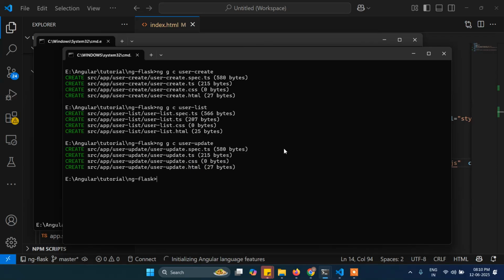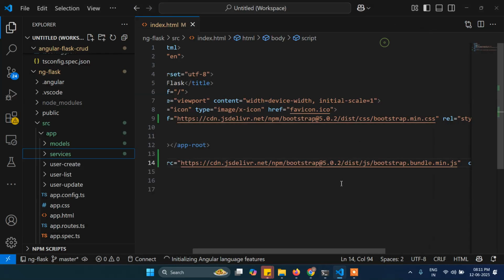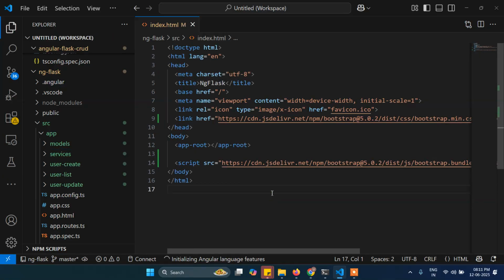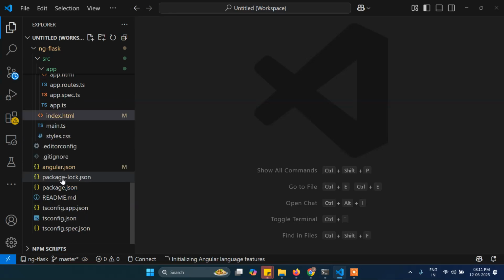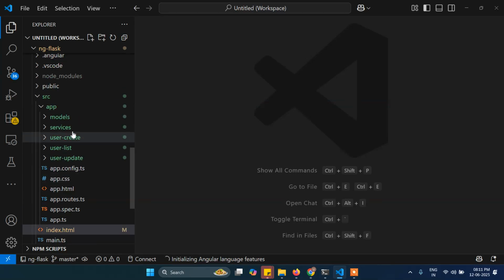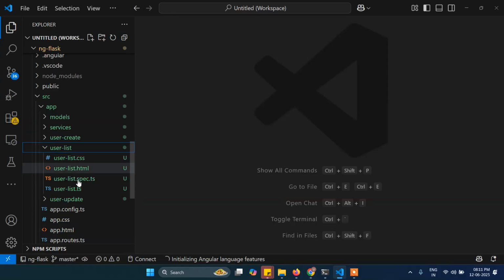Okay, now let's start the server again. Let's start the server here. So server is now started. Let's close it, and then the next task, let's close this one also. The next task that we need to do is let's start from user list, because first we will show the data here. So inside user list we will